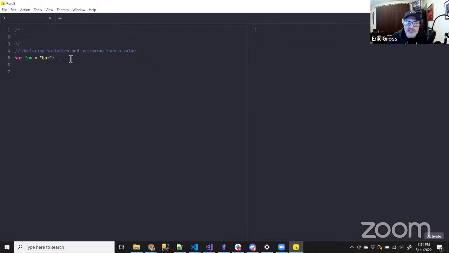There are actually two things occurring here on line 5. You could just as easily write this as var foo equals bar. They do the same exact thing